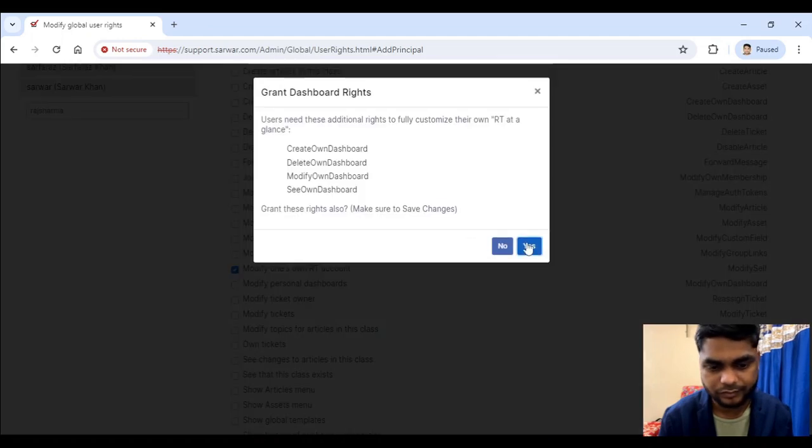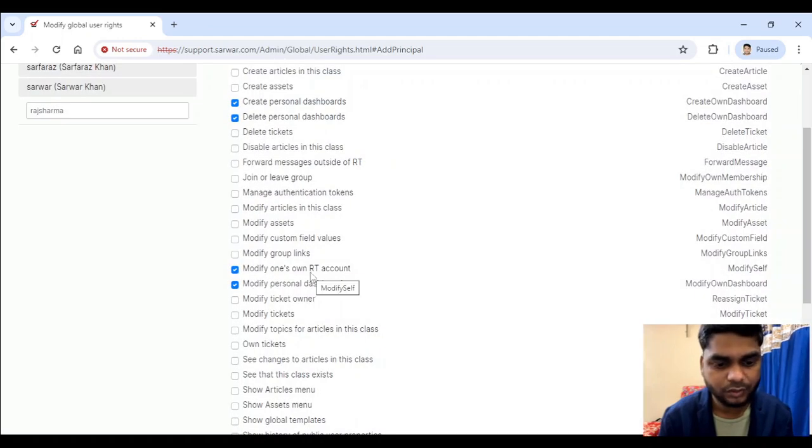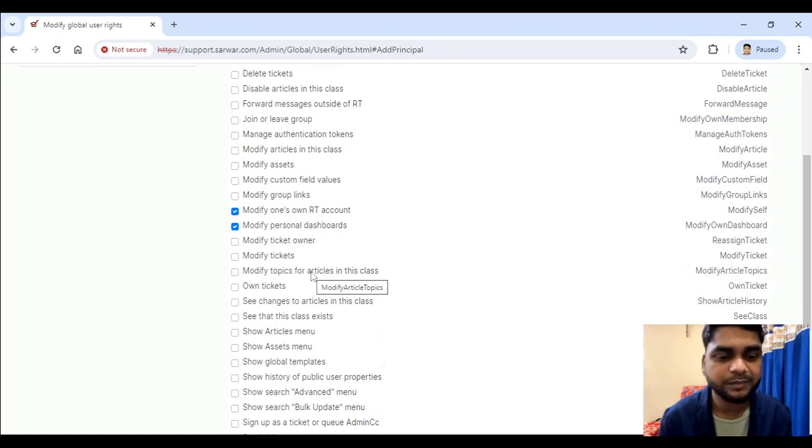Okay, I'm giving modify own account, meaning the user should be able to change his own account, his password, his other information. He can define a signature, whatever options are there in the user section that user will be able to change. You can call it the user preference section. Modify a ticket, modify tickets. He will be able to modify the owners, modify topics, own a ticket,